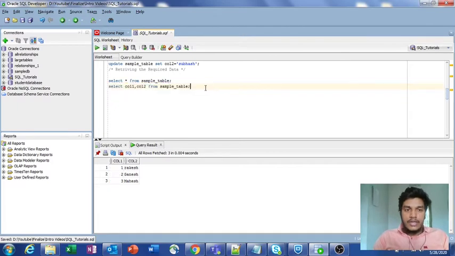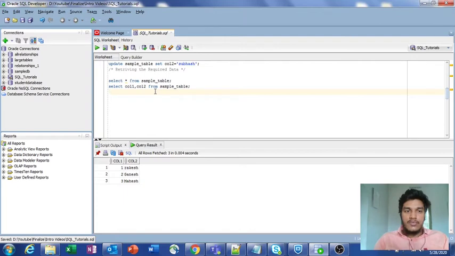So instead of writing all the column names here, you can specify star. Suppose you want a particular set of columns, say the first column as well as the third column and the fifth column, then you can specify the column 1 name as well as the column 3 name and column 5 name. That is how you retrieve those particular column details. These are the ways of retrieving data from a table.